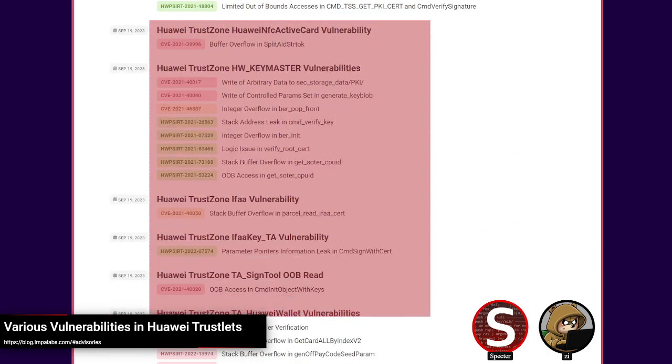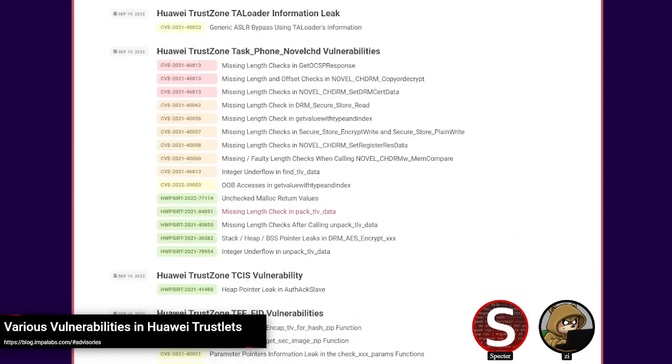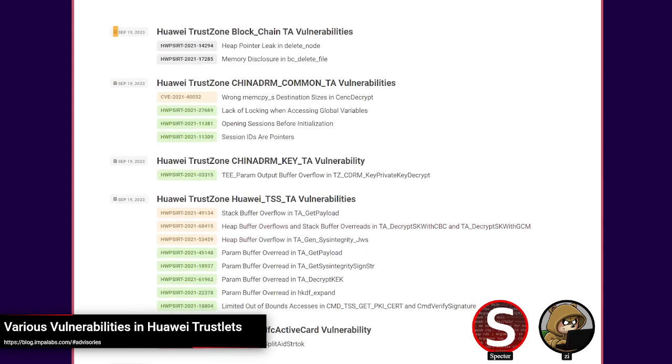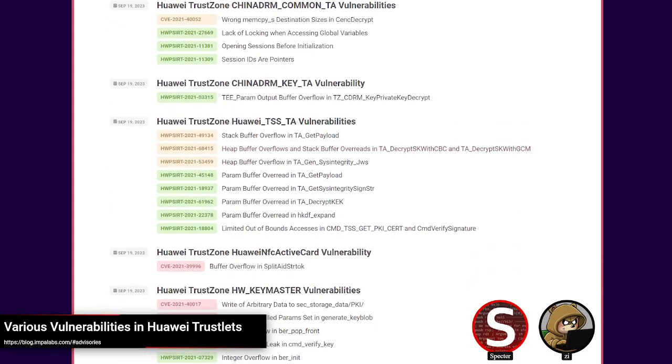I had a bit of a personal interest in this because it's close to what I'm looking at, although not on Huawei, but similar technology. You're talking about trusted execution. A lot of the bugs were pretty simplistic and dumb, like integer overflows and things like that, and there was a fair amount of them. So I didn't want to do in-depth coverage of all of them. But especially if you're more interested in secure applets and stuff like that, some of these issues might be of interest to you. You could do some variant analysis on maybe some other devices. So I wanted to shout it out.